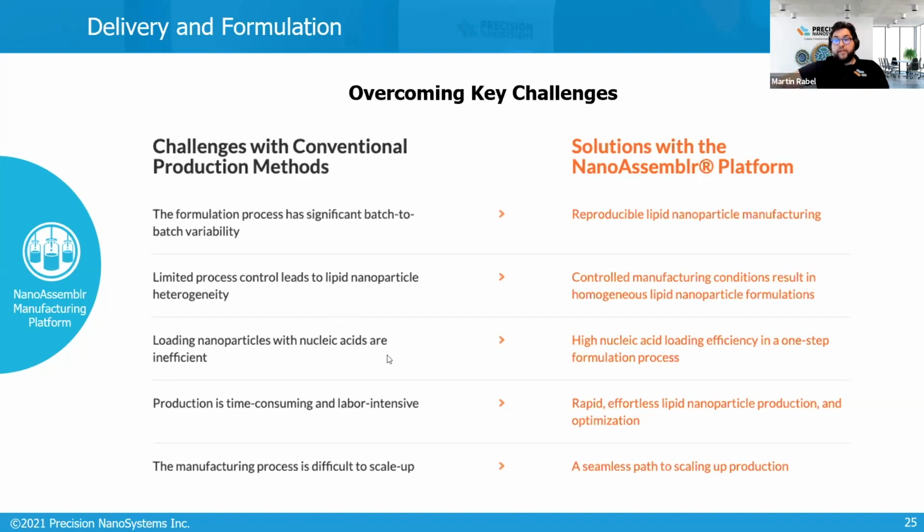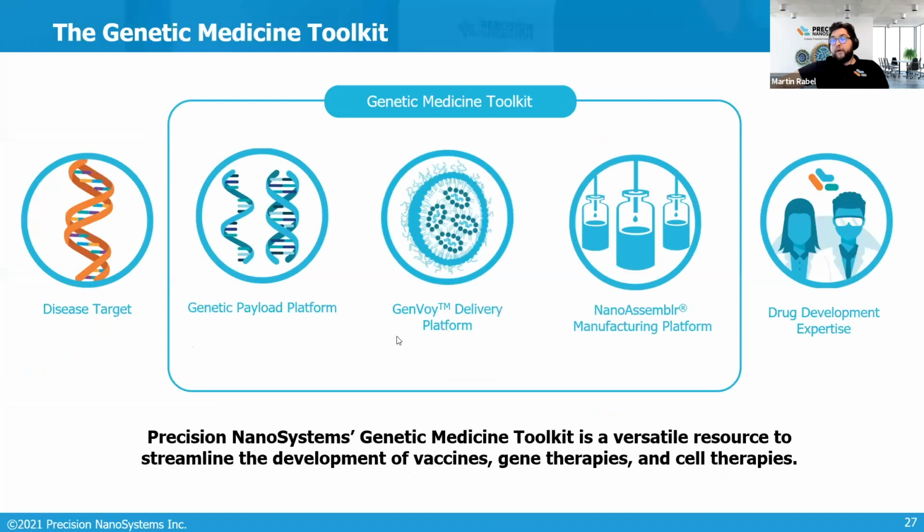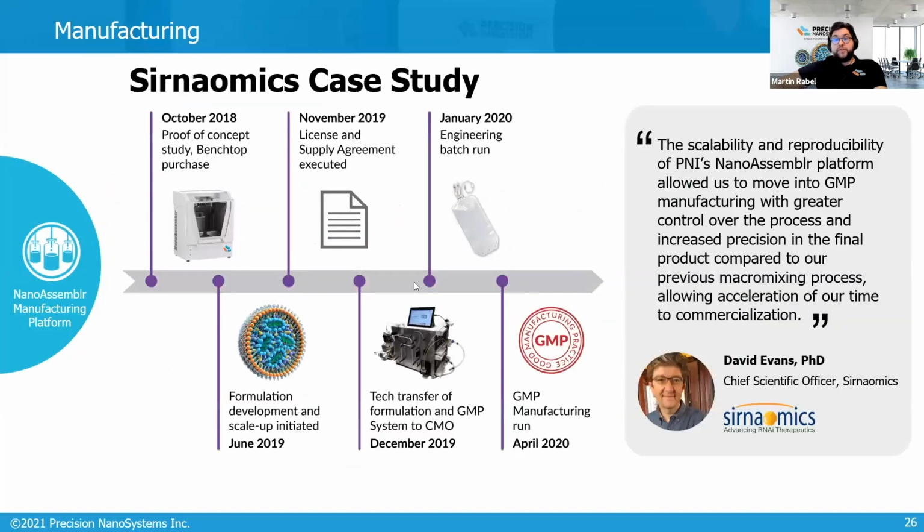And to show you that, I brought with me an example study from one of our clients, Genomics. It is an siRNA-based platform, so it's a bit different here, but still they started their development on a benchtop, which came before the Ignite, in October 2018. And they got with our technology into the clinic in April 2020. So like 1.5 years later, not even 1.5 years later, they were able to produce a GMP manufacturing run that